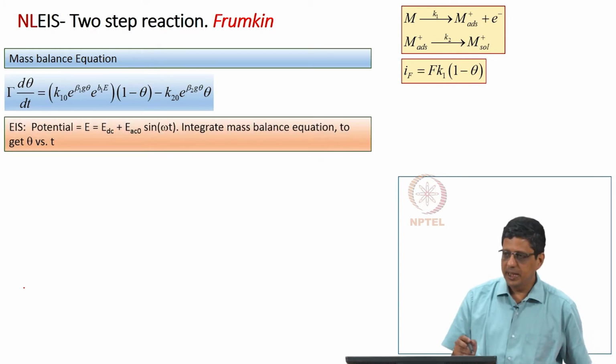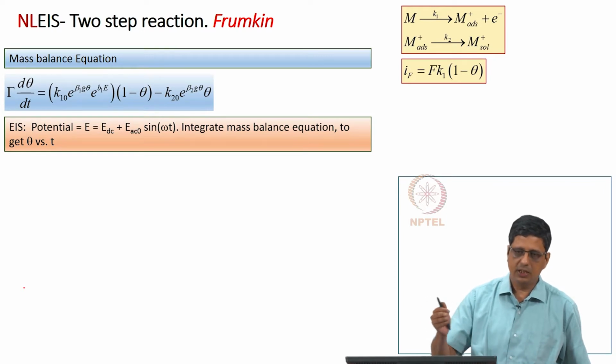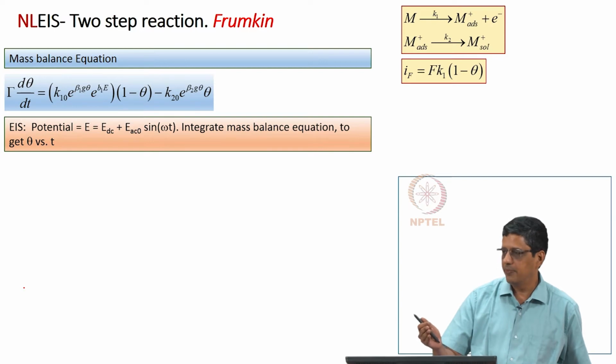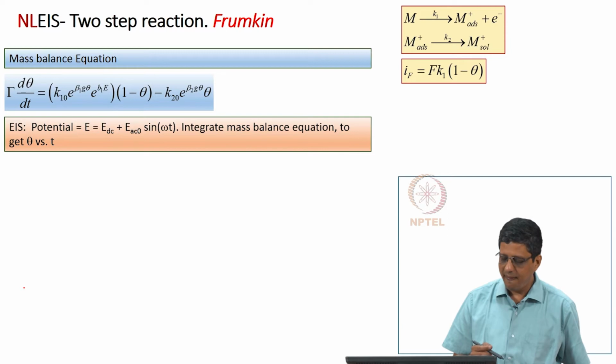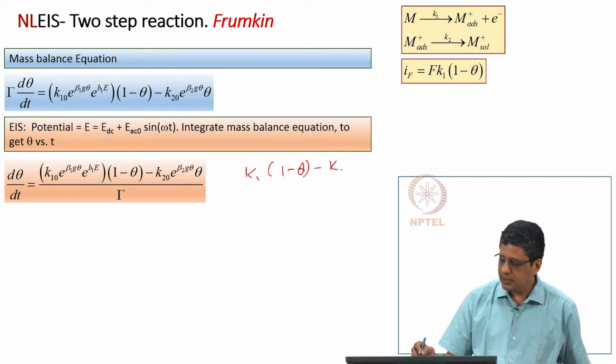When we want to get the impedance, what we have to do is apply a DC, on top of the DC superimpose an AC, and then find the response. We find the theta response, we find the current response, we take the current steady periodic results, do the FFT, and then we know what to do. Okay. So, to integrate this, earlier we would have said k1 into 1 minus theta minus k2 theta divided by gamma, that is going to be d theta by dt,